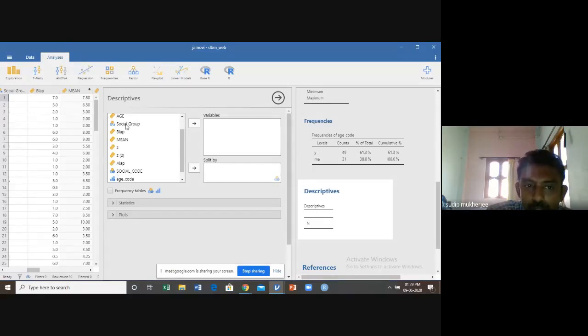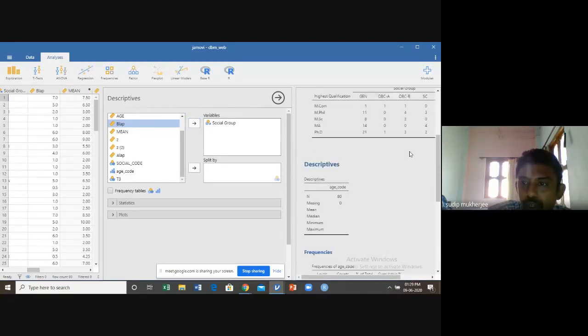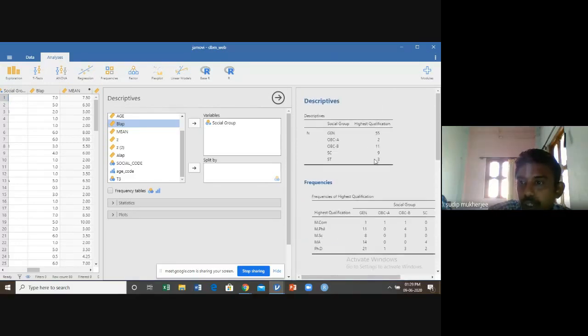First you have to select the variables. Now I want to plot social group. We already know, out of the 80 individuals, the status of social groups in terms of the frequency distribution. 55 is general, 2 is OBC B, 11 is OBC A, and so on. So we now try to draw this observation as a graph.